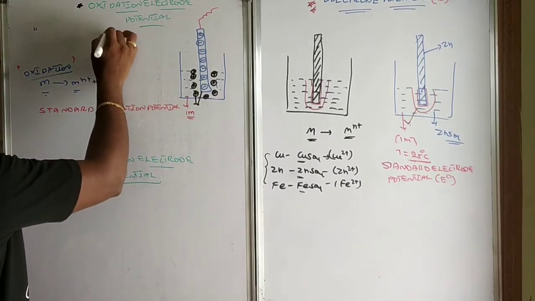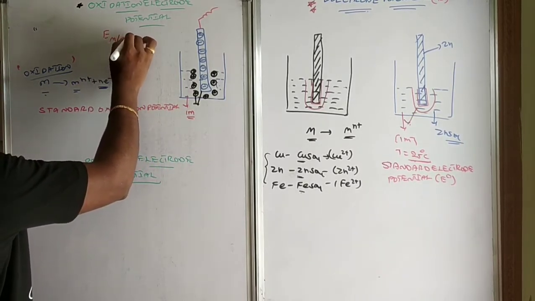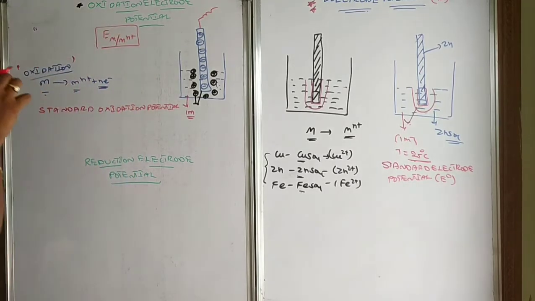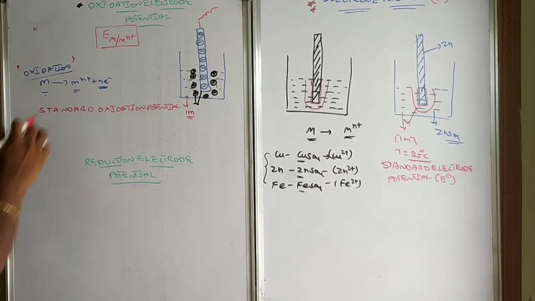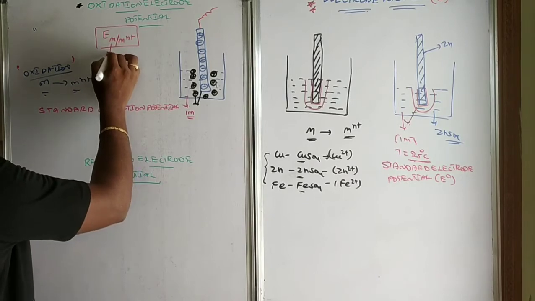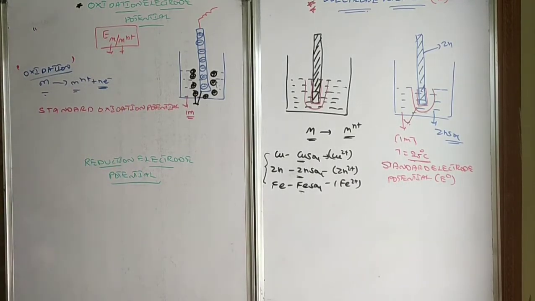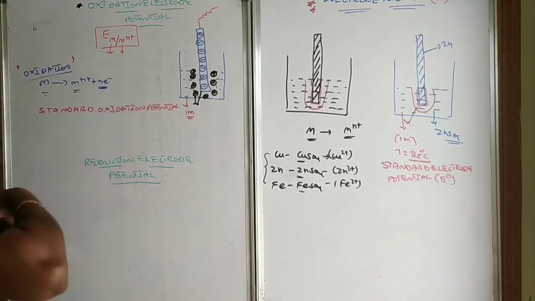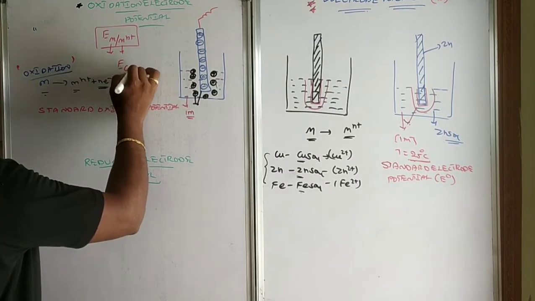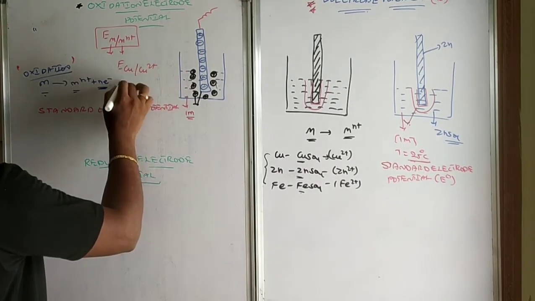Always, oxidation potential is represented as E(M/Mn+). What is the meaning of M/Mn+? It means this is the starting material and this is the product. That's why we mention it like this. You can represent it as E(Cu/Cu2+),